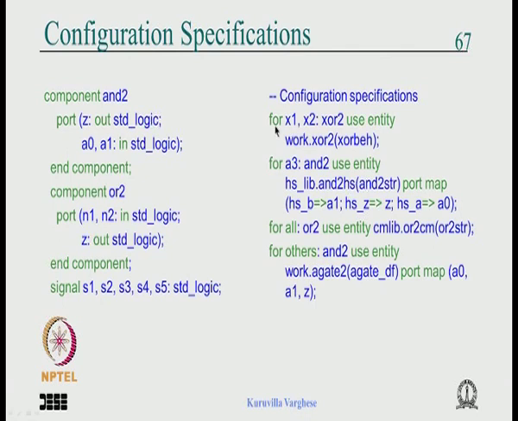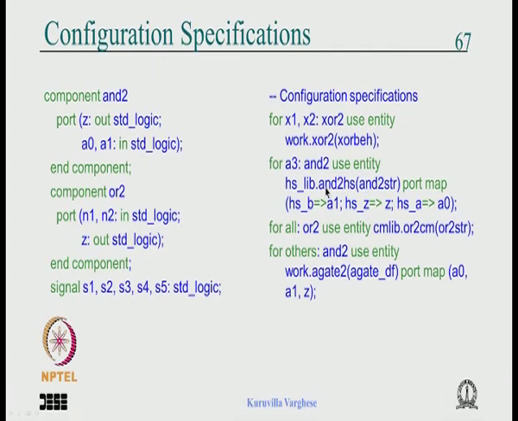So the syntax is: for label, the entity, use entity, library, if you have a package, package dot entity, and within the bracket the architecture. Similarly, say for A3 and 2, use entity, library, here there is no package, it is directly